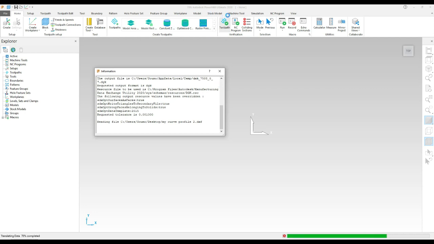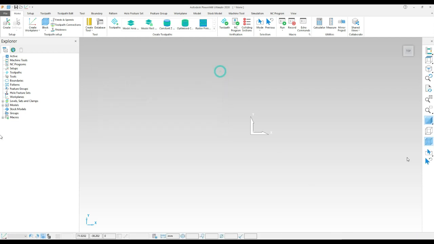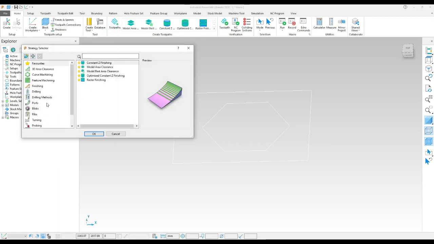It will be opening. Close, select. It will import it. Okay, so here first we need 2D, the toolpath we are using in this lecture, that is 2D curve